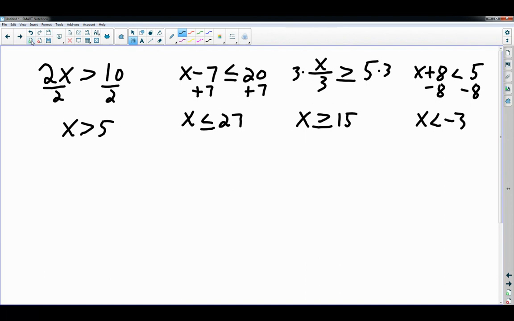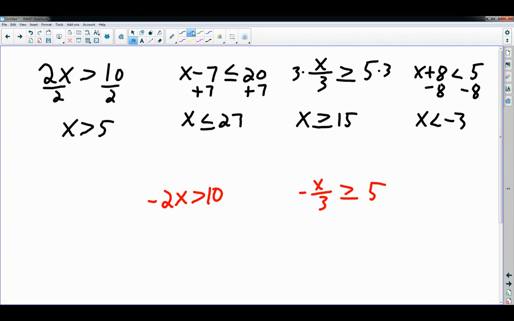Okay. So it all looks the same, right? It's all staying the same. There is one big difference. Now this is where the red pen comes in. If you have, let's say, negative 2x is greater than 10, or you have negative x over 3 is greater than or equal to 5. Now what happens